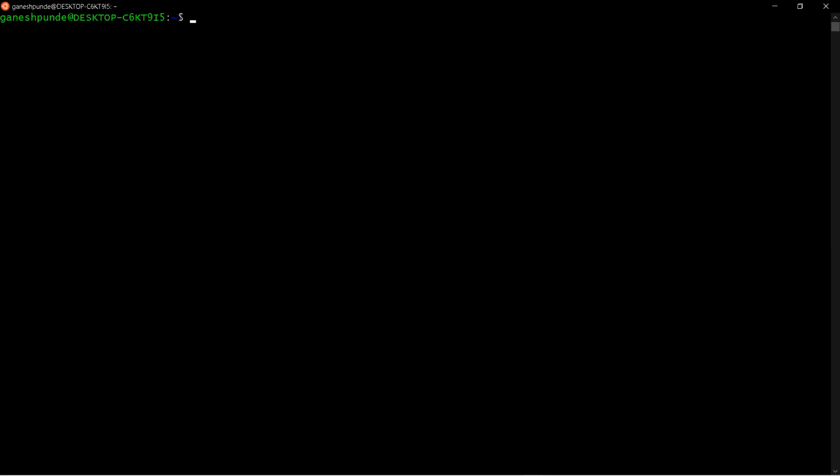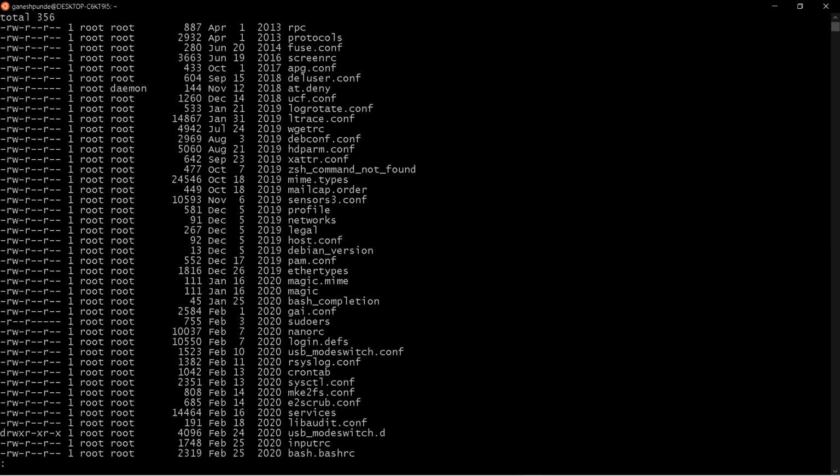So that's the reason Ubuntu came with the less command. Instead of more, I will say less, right? So you can see now the first page is displayed, and you can see in the forward and the backward direction, right?